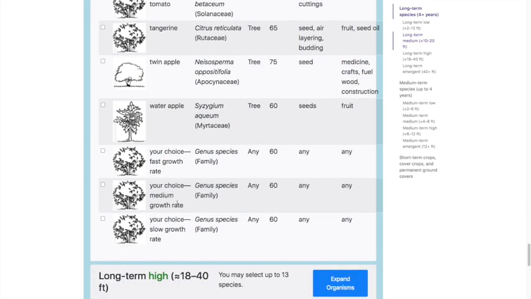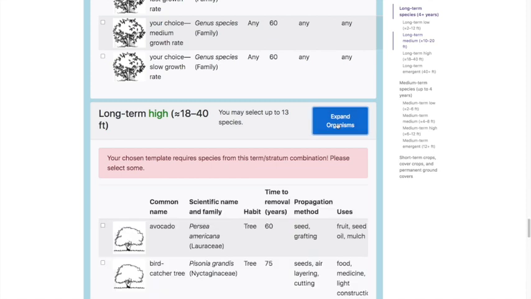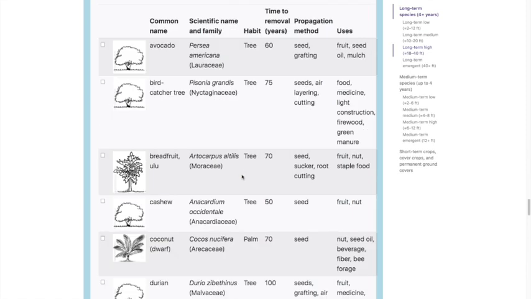So you can see it's quite an extensive data set, though still a drop in the bucket for the entire tropics. We could have thousands of species in here.